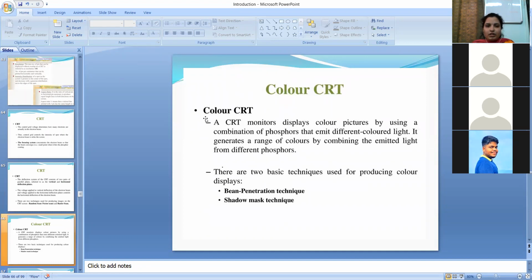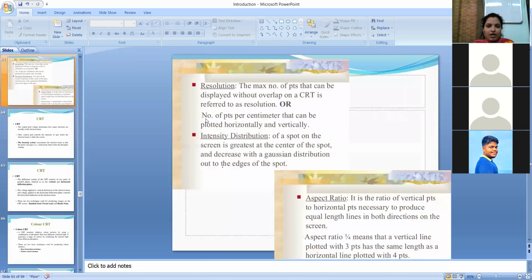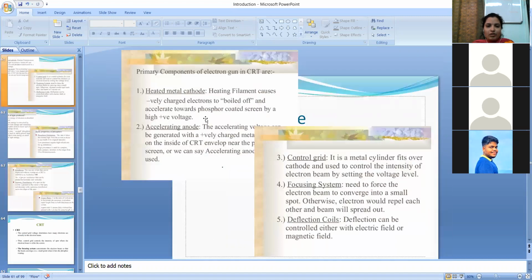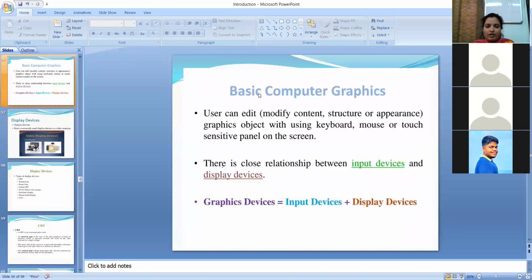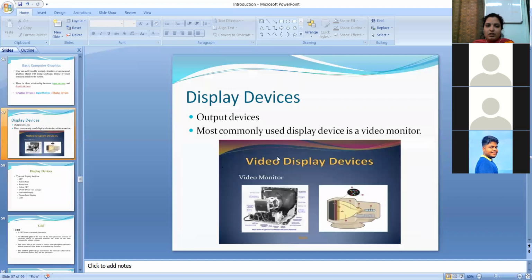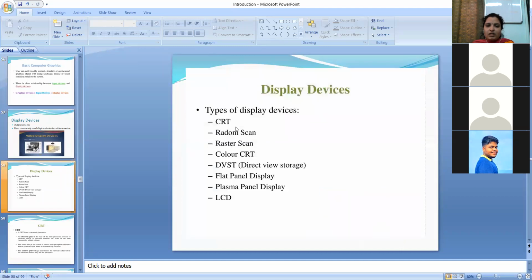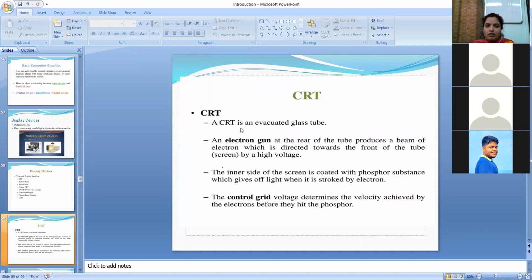Okay, so till this particular point, is there any difficulty? If you have any doubts, ask me, on whatever points we have covered today. We have covered the basic terminologies, starting from the pixel, then resolution, the aspect ratio, the frame buffer, the dot, and these are the things we have covered. And then we started with the display devices. In that, we have seen the working of the CRT in detail.